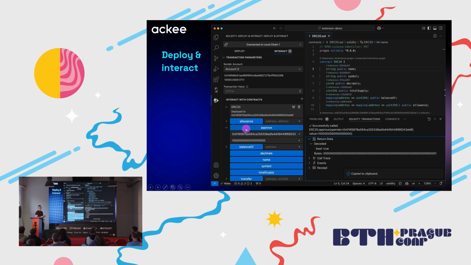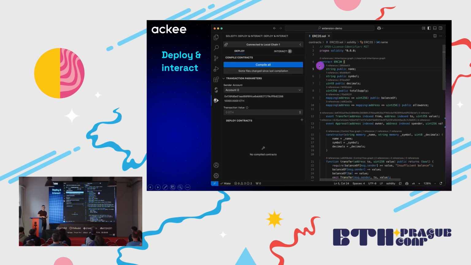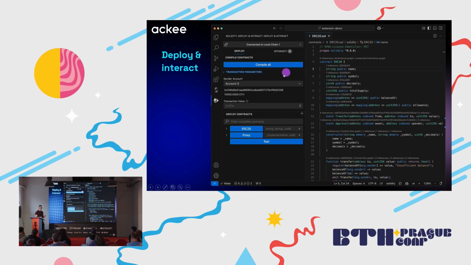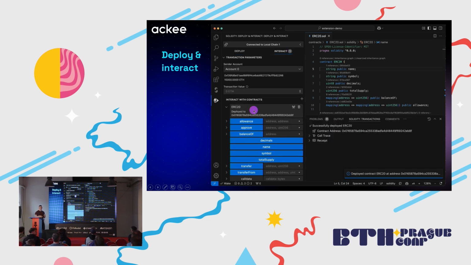And once we have the contract deployed, we can send any transactions or just calls to interact with the contract. And once we send a transaction, we can also see the call traces for the transaction. We can see the events and so on, basically any parameter of the transaction. And yeah, so this is how the UI looks like. We tried to make it as easy to use as possible.